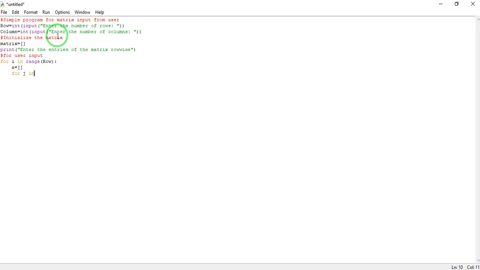For j in range of the columns, so you can see columns, C O L, M N, column, we will take the entry and put that over here.